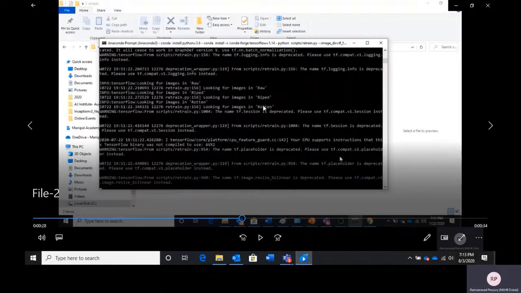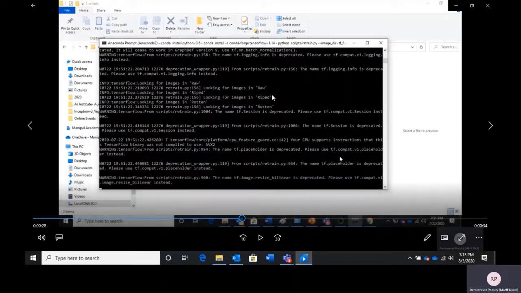These images will be read and their features will be extracted by the feature extraction part of Inception v3. Since it is transfer learning, we are not going to alter the weights of feature extraction.